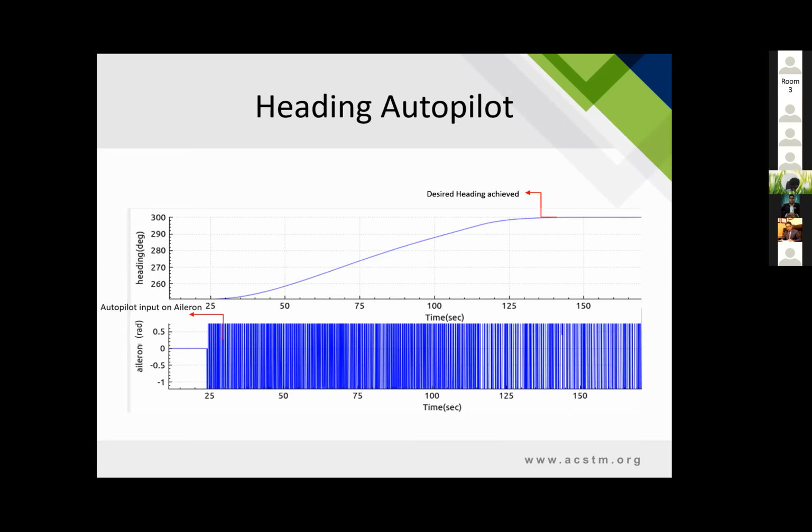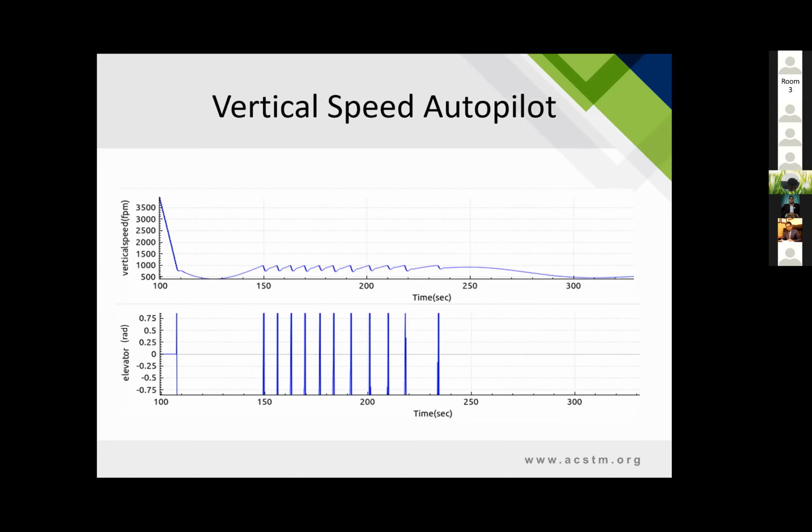In the next slide, you will see the vertical speed. For the vertical speed, we were implementing an FDM of a certain commercial jet within this drone, because we were interested to see whether we can implement any kind of FDM within our particular design. What you can see is that initially the vertical speed is very stable, but as the height is increased,